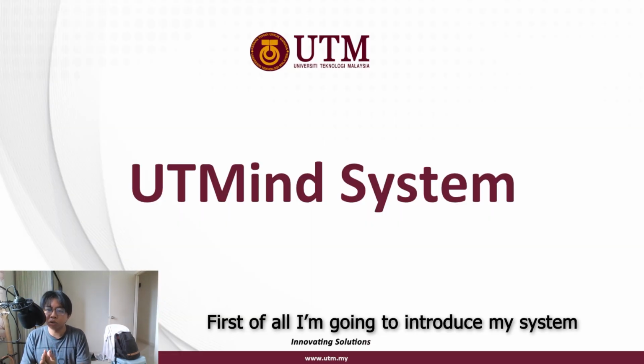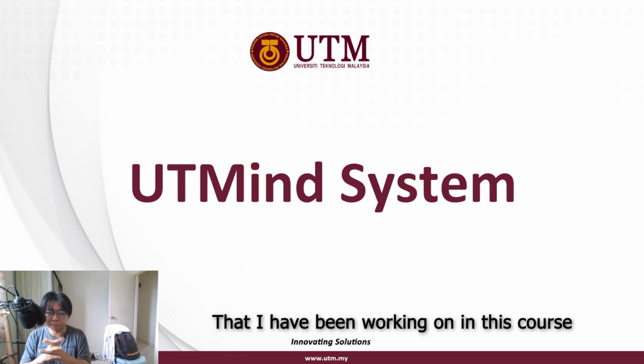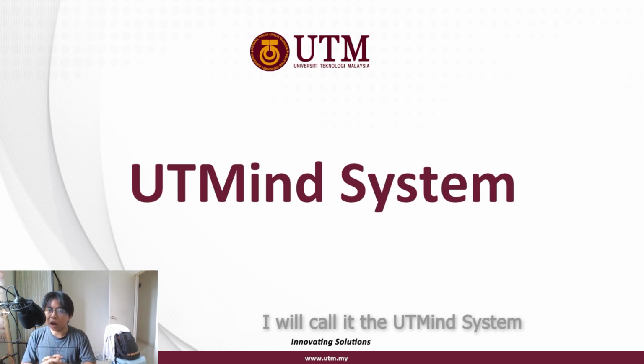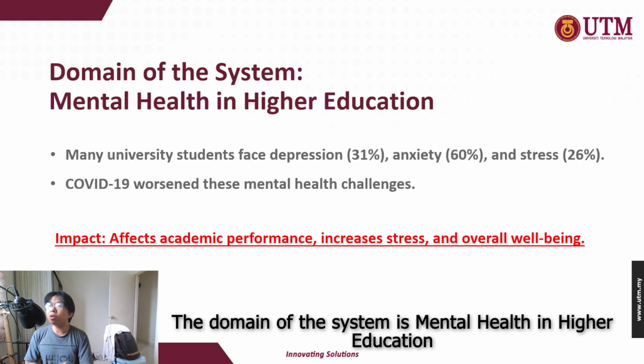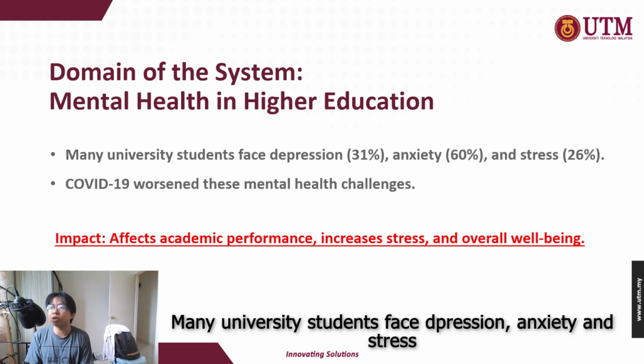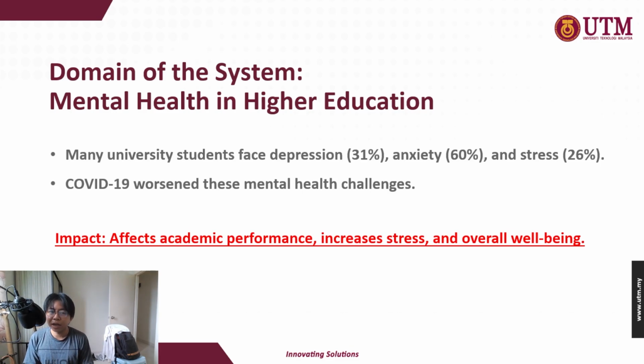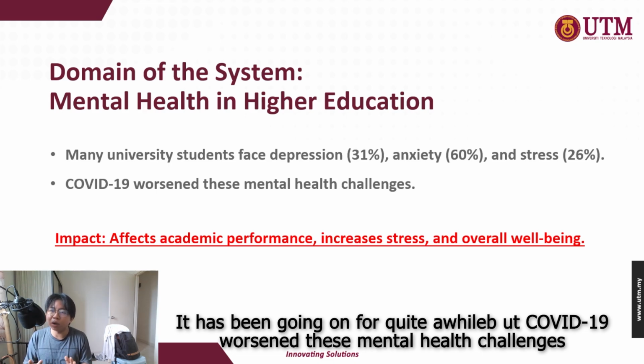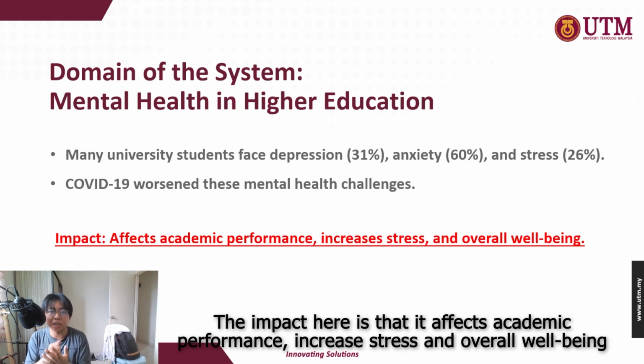First of all, I'm going to introduce the system that I have been working on in this course. We call it the UTMIND system, UTM-IND system. The domain of the system is mental health in higher education. Why are we focusing on this? It is because many university students face depression, anxiety, and stress. It has been going on for quite a while, but COVID-19 actually worsened these mental health challenges. And what's the impact? It affects academic performance, increases stress, and affects overall well-being, which